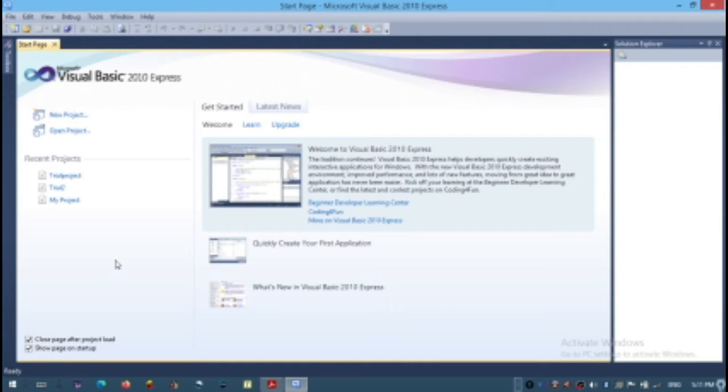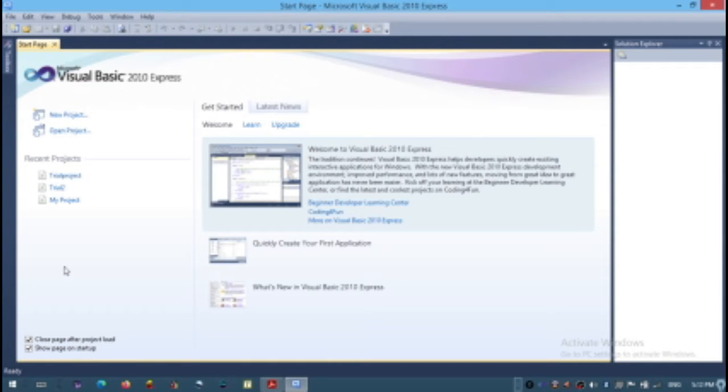Suppose you don't want this Start page to open as soon as you open this Visual Basic application, you can untick this and the Start page will not appear later on. But the Start page is a very handy window for us, so we usually keep the Start page on the opening of the application.